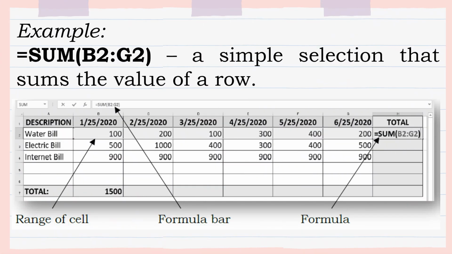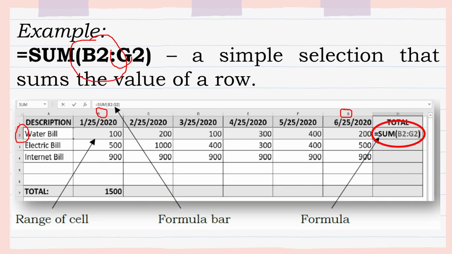So here's the example. Equal sign sum B2 to G2 is a simple selection that sums the values of a row. That means when you say B2, that is column B and row 2. When you say G2, that is column G and row 2.